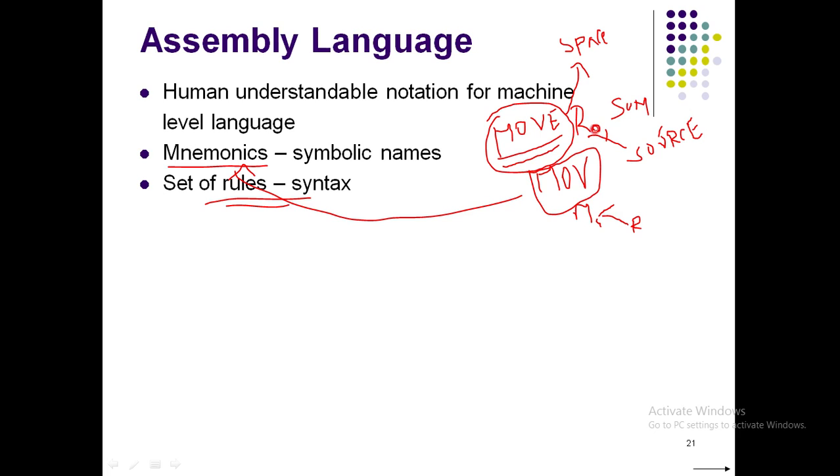And after that, we will be putting a comma. Then we will give another space and then we will write our destination. In short, I am just writing it as DST. These are nothing but the set of rules which are to be followed if I want to copy the contents of R0 into the memory location sum. Let me revise. First, we need to write a symbolic name which is MOVE. Then we should leave a space. Then you should write the source name. Then put a comma, again a space, and then we should write the destination.